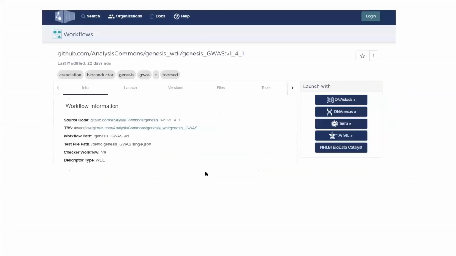So one of the most exciting things that I find in this space is the very simple thing that's happening in the cloud workstream in GA4GH. And here's just an example. This is Docker store where various workflows are maintained. This particular one is WDL. And the point is that if I have the right credentials, and there's another workstream on that, then I can go ahead and launch this tool in any of those ones.